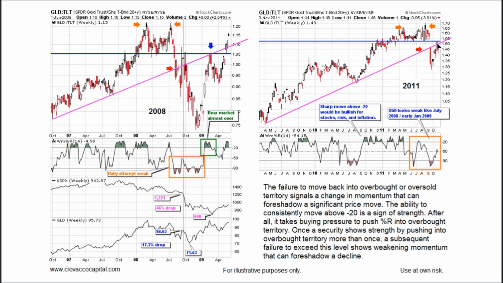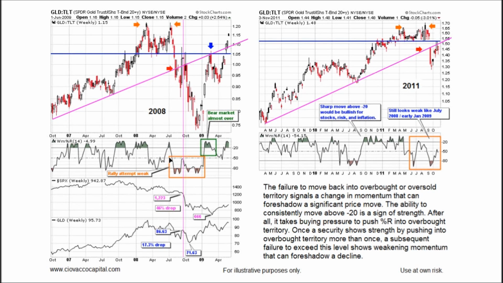This candlestick looks a little bit better than this one because there's a lot of indecision in this one. There's almost no indecision here. So we've got to give the bulls the benefit of the doubt here on this chart. However, this week we've dropped back, and when we failed here, what happened? This is the S&P 500. These are weekly charts that we're looking at. From this failure here, the S&P 500 dropped from 1223 eventually down to 666, the intraday low. That's a 46% drop.